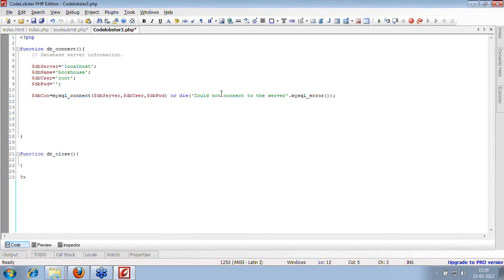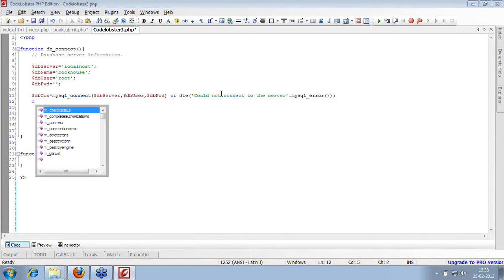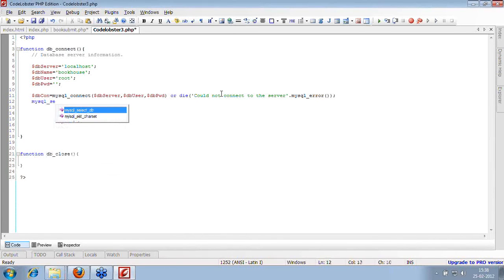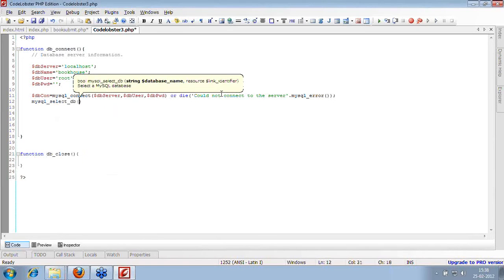Now once I have connected with my database server, then I have to connect to my database. So I'll say mysql_select_db. You can define the database whenever you are firing a query, or you can do an initial database setup. That's whenever I fire a query, it points to this database only. So either you can have mysql_select_db out here to be defined, or while calling the mysql_query function, you can give your database name out there as well.